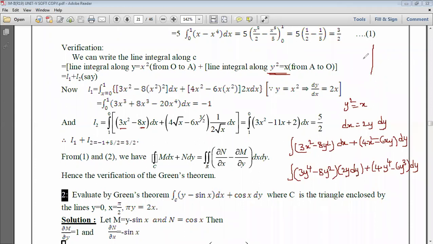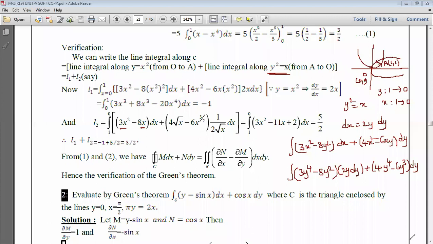Here we are taking two curves, right? So the intersecting points are 0, 0 and 1, 1, right? First we are taking this side, so the limits are 0 to 1. Next, this one, the limits of x or y are from 1 to 0. Don't forget it, otherwise you never get it; you get the sign different. So y is from 1 to 0 and x is from 1 to 0. So first this one and next this one.